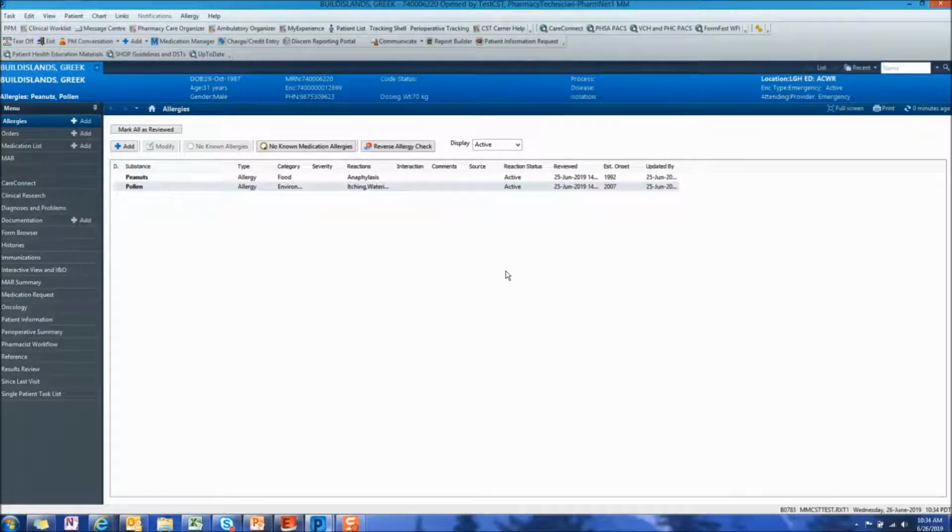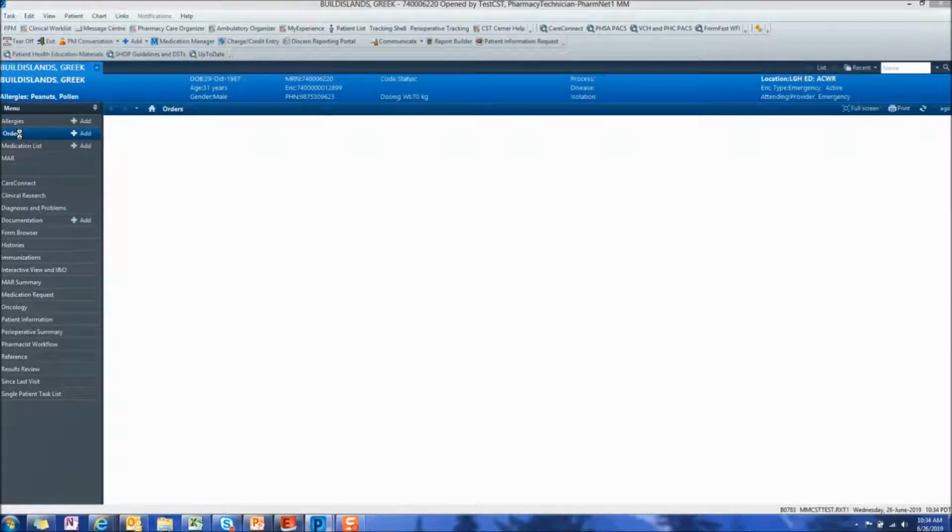This brings me into the patient's chart, where I can review their allergies to confirm with the patient if they have any new allergies or if the allergies listed are correct. In this instance, the patient confirms that these are the correct allergies, so I will mark all as reviewed. I will then access the orders profile